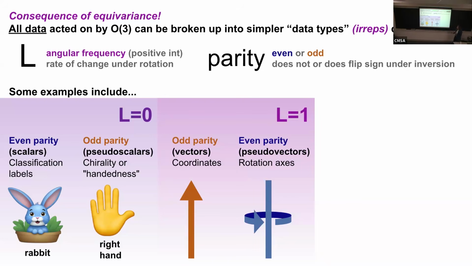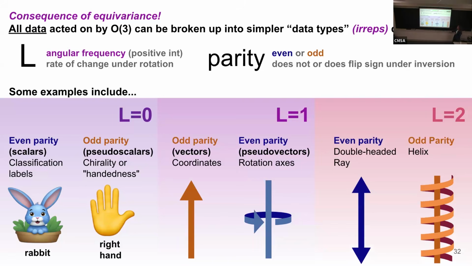We don't usually play around with pseudovectors directly, but they do arise from the interactions of things like vectors. Last but not least, I'll just briefly show these. You can have something that has a twofold symmetry, like a double-headed ray. So if I care about the x direction, but I don't care about whether it's minus x or positive x. And then things like helices, you can also rotate them by 180 degrees. But again, if you mirror them, it goes from a left-handed helix to a right-handed helix. And there are generalizations of this. Imagine 3-headed rays, and I don't know how to picture the generalization of the helix for L equals 3,